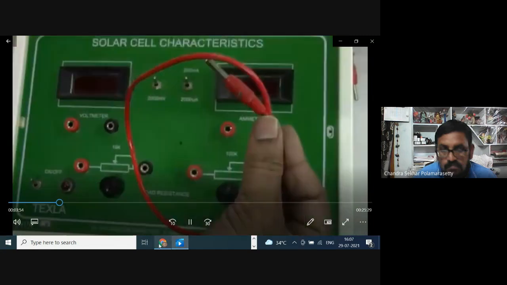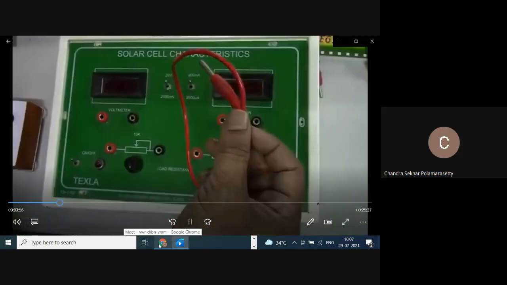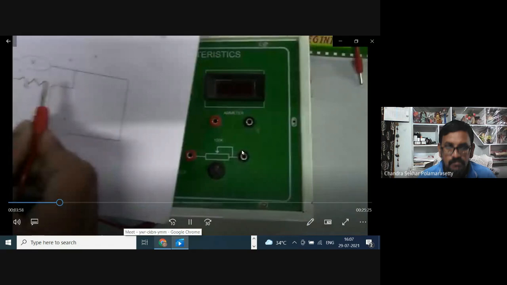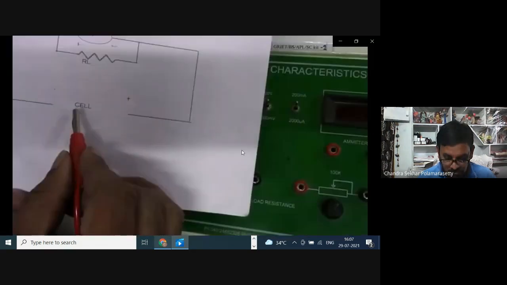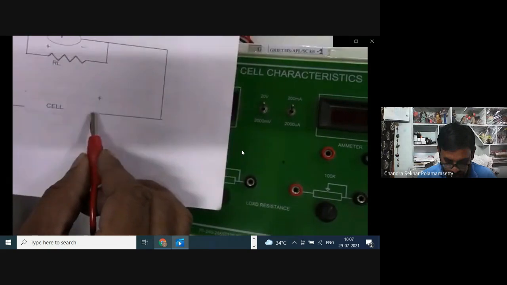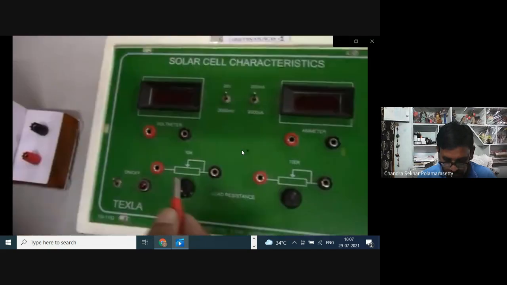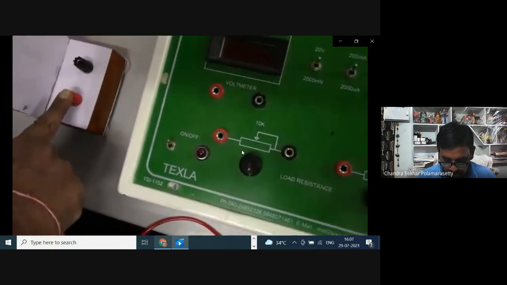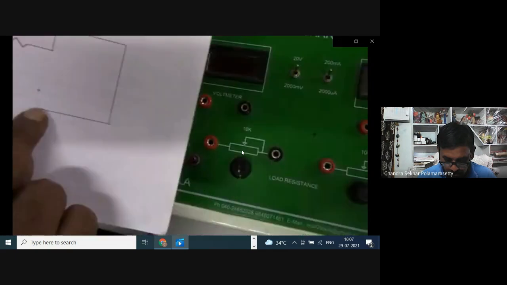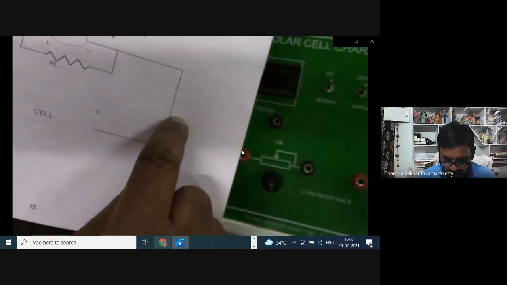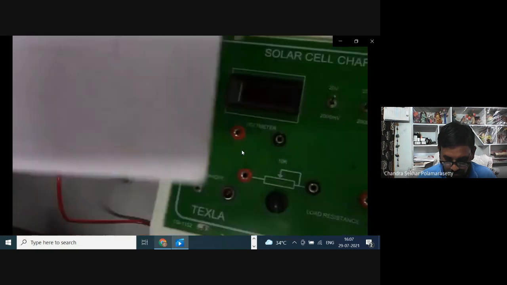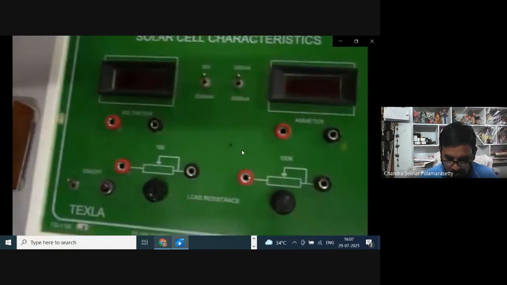And this is the similar one. If you want to use the resistance up to 10 kilo ohms, you can use it. If you want to go for higher resistances, this is the same resistance part as the 10 kilo ohms part. So here in this experiment, I am going to use this 10 kilo ohms resistance part. This is the overall switch on and switch off of the kit.